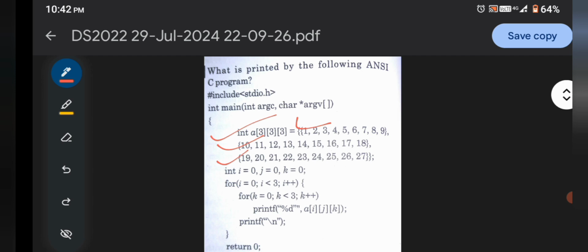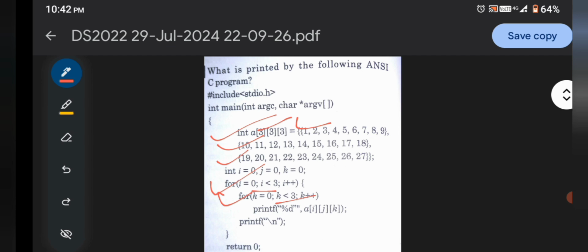Now here come to the for loop. The for loop starts from the ith index value equal to 0, and the condition is that it is always less than 3, and increment the value. And here another one, the kth value, is given and initialized to 0, and it's also limited to 3, because we have only 0 to 3, as we say. So here the array A, or we say matrix A, is 3 by 3.